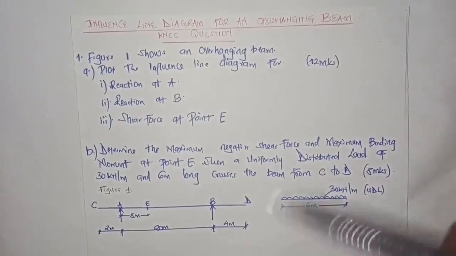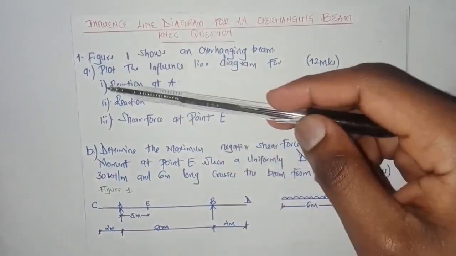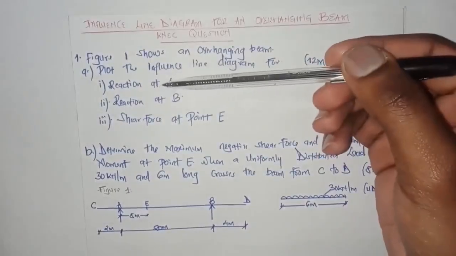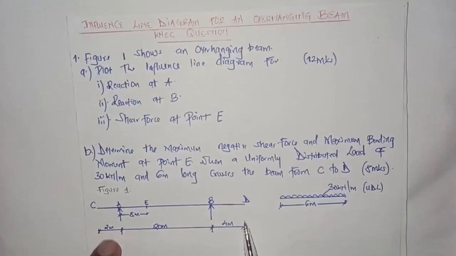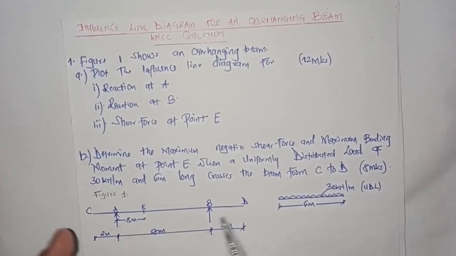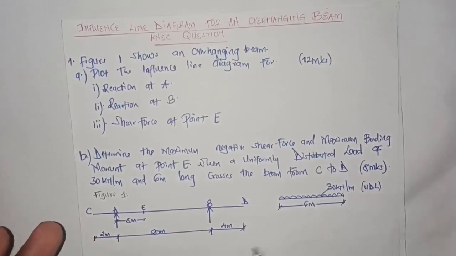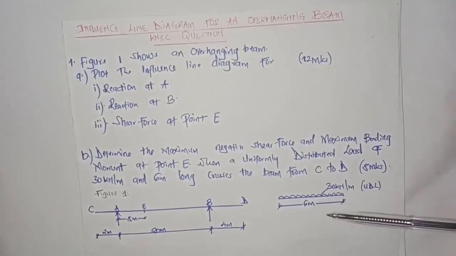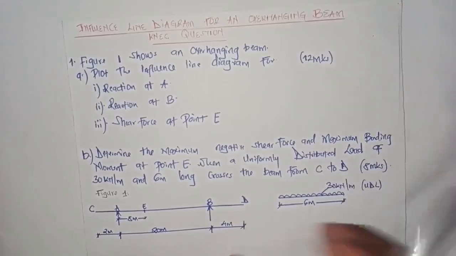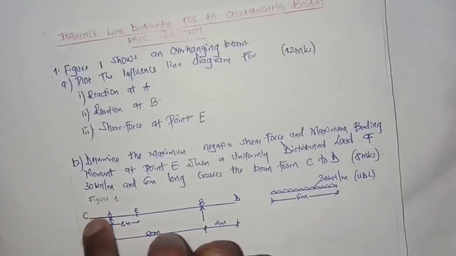So we are going to start with our A, and we are going to draw this beam, which is an overhanging beam, with a 20 meter span between the supports, 2 meters hanging on one side and 4 meters hanging on the other side. And our UDL is 6 meters long and 30 kilonewtons per meter, which is our moving load. So our load will be moving along our